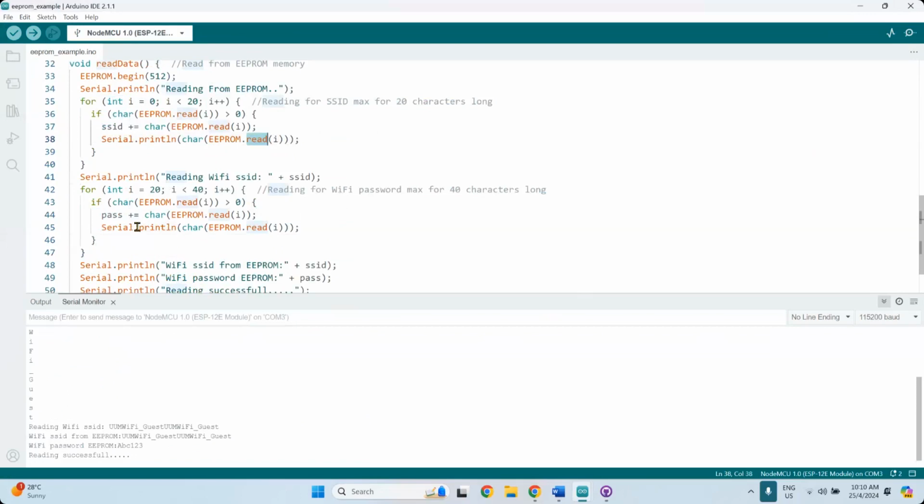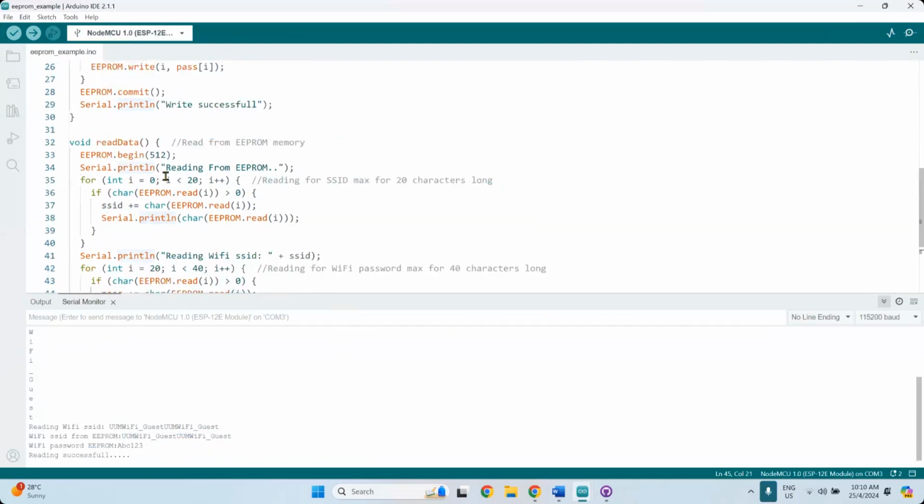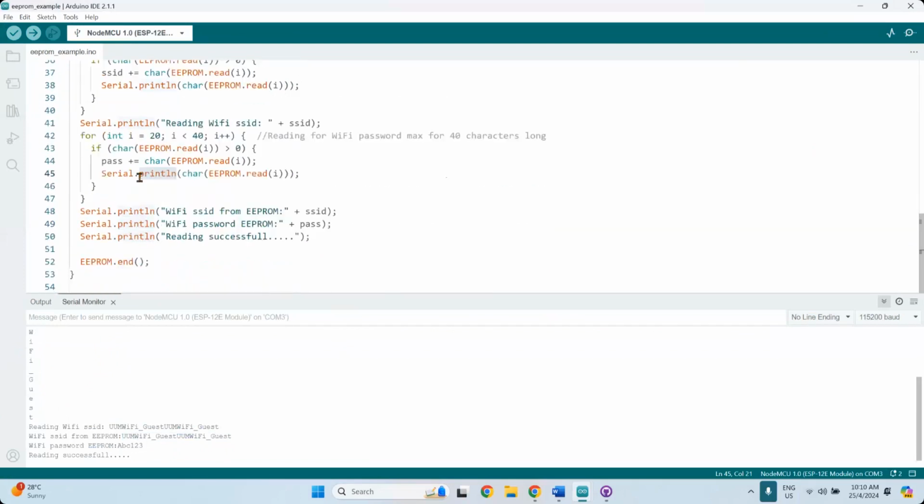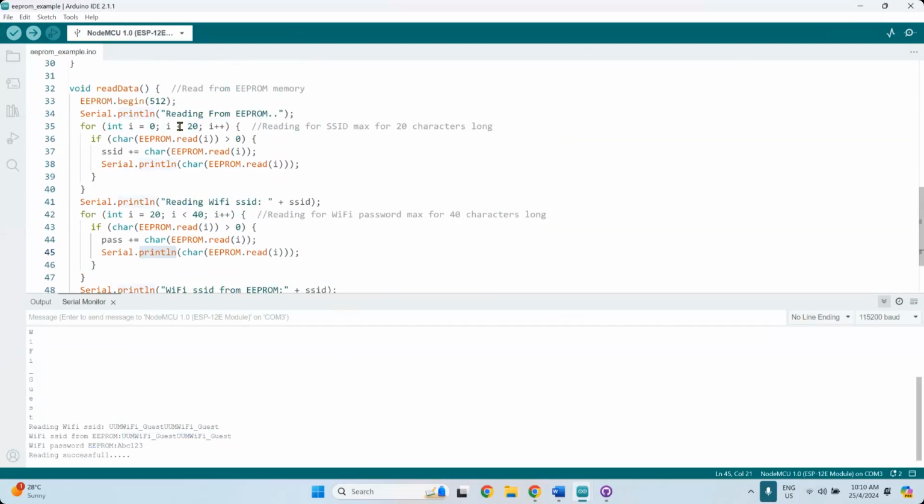Read I. Yeah, I think I print out the value, so that's why you get this print line for every one of these. But as you can see, the one that I've written is being read from EEPROM, this one. But there are two written. Oh yes, double. Because I've given the names up there, and then it should be only inside here, inside this SSID password. So let me try.